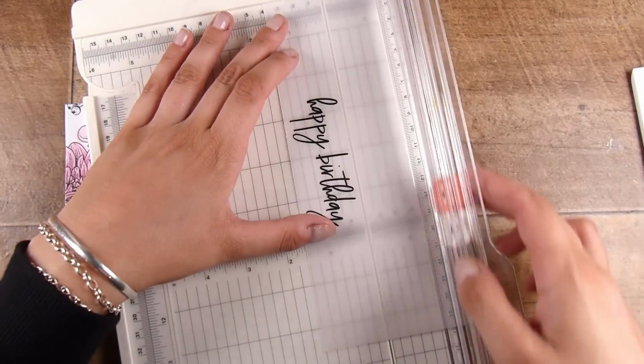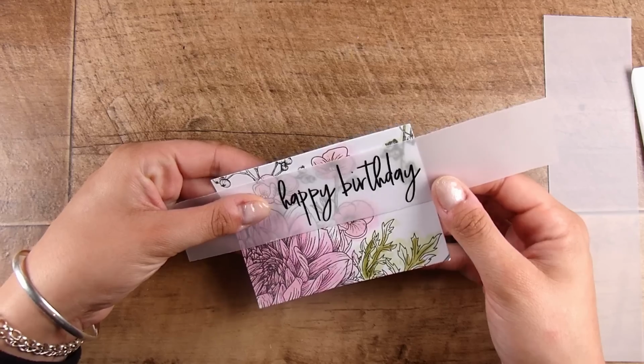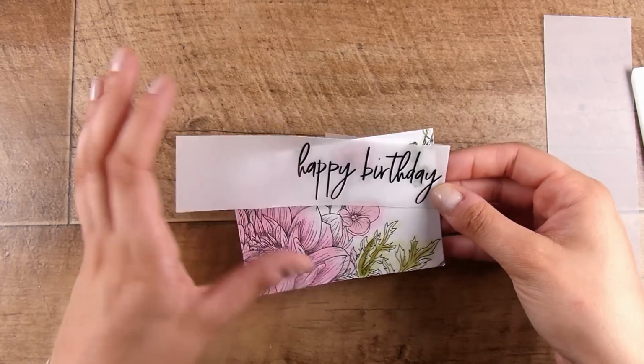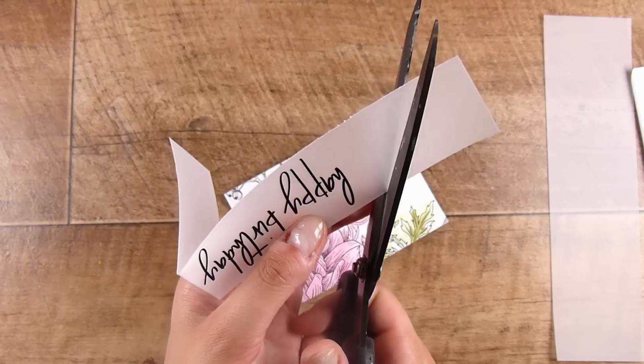I wasn't sure. I thought I wanted to center it on the card, so I cut it out. I did it right in the middle and I created a strip with it, but I ended up deciding to do it sort of over to the right, and then I'm just going to fold the other bit around the back, cut this on a bit of an angle, and then my little hack,